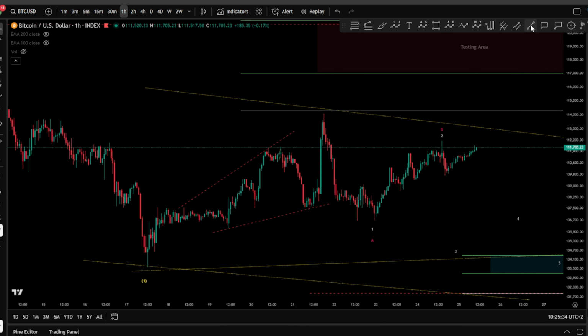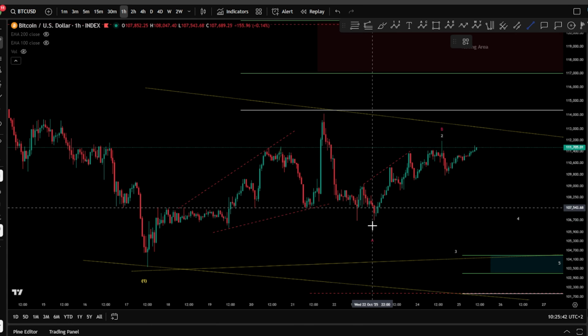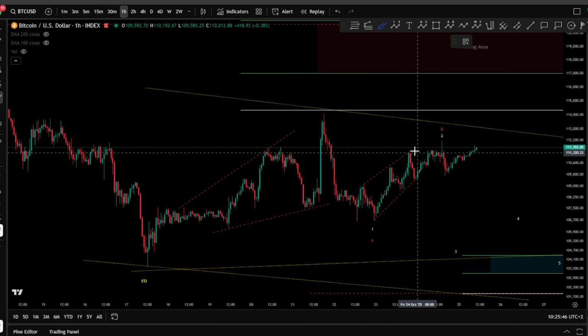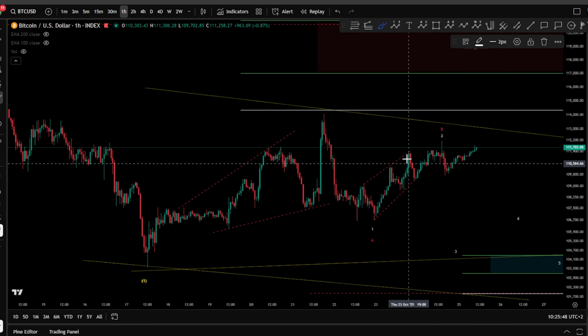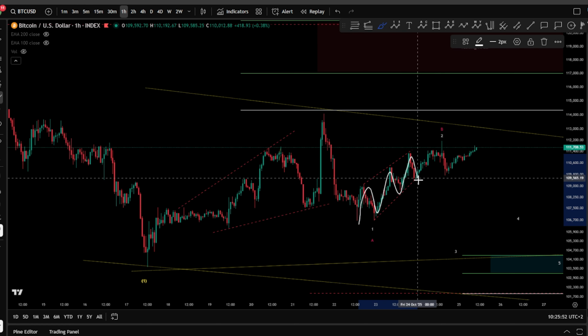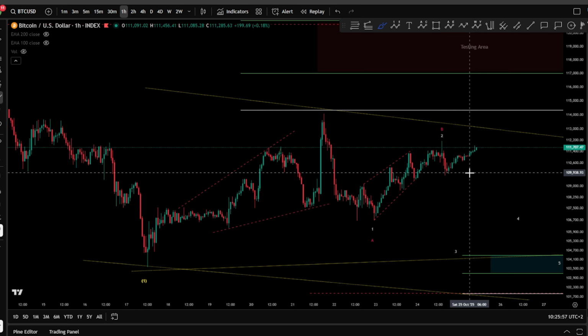So if this happens, you might be in a potential wave 1 over there, and this is your wave 2, 3, 4, and a 5. And let's say this is a kind of A, B, and a C expanding flat. A, B, and a C here, sorry. So 1, 2, 3, 4, 5, A, B, and a C, and then we move toward the upside. So this can be possible.